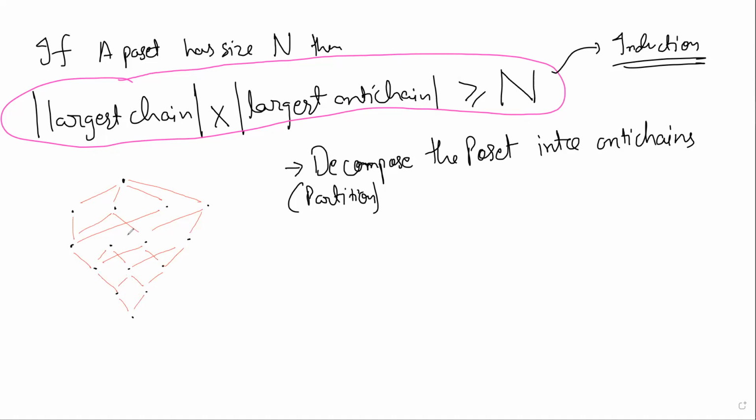Let's say this is the poset. You can understand just from the picture what it is all about. By the way, this is called the Hasse diagram. We are not going into the theory of Hasse diagrams, because that's not what we need now. But this is what is called a Hasse diagram. It's an extremely compact way of drawing things. What I want to do is partition the poset into antichains.